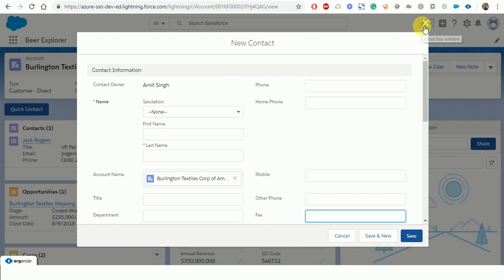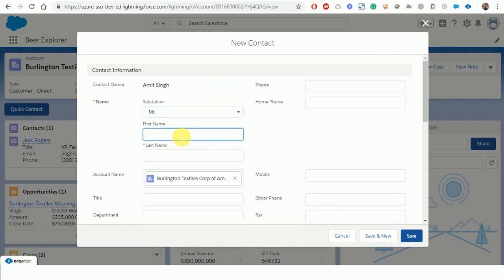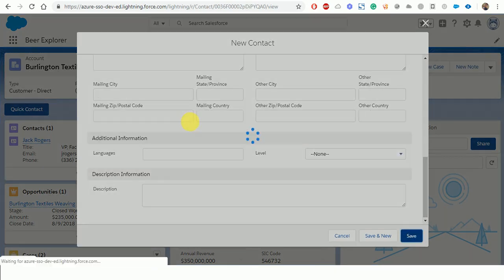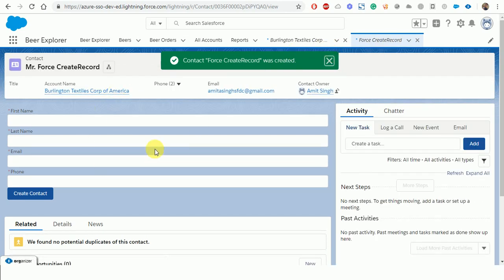So we can do this. This is just simple for creating the force:createRecord. This is just for an example. We can just click on save, and now if you save this, it will open the created contact,